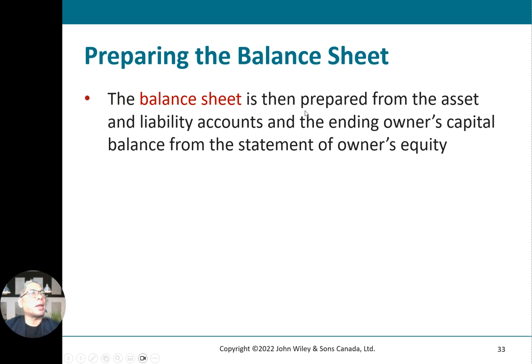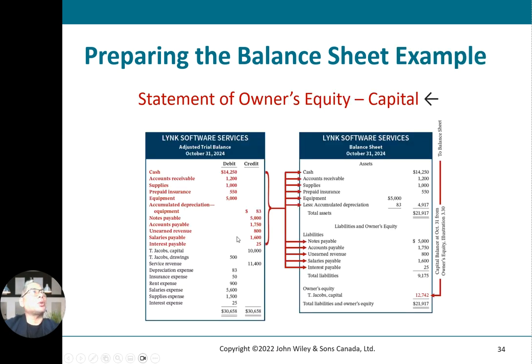After that, you're going to prepare the balance sheet, the asset and liability accounts, and the ending owner's capital balance from the statement of owner's equity. We're going to look at this. So once you've done the income statement, you're going to do the balance sheet from the adjusted trial balance. You put all the balance sheet portion, the asset side: cash 14,250, accounts receivable 1,200, supplies 1,000, prepaid insurance 550, and equipment 5,000 minus 83 given the depreciation there,